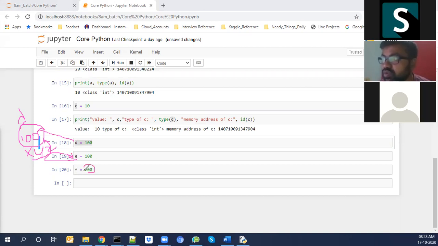Okay. For the new value 200, the interpreter will cross check, but there is no existing value already created for that. A value object is not present. Then my interpreter will create a new object for this one, with the 200 at, say, an ABCD location, like an address. So this will be assigned to F as the reference address for this one.